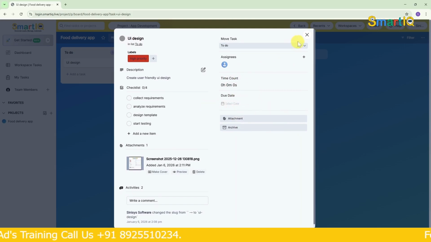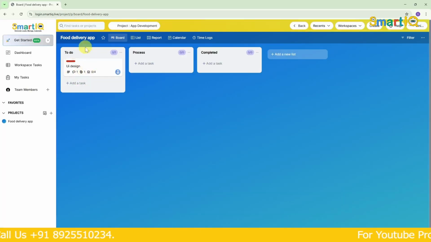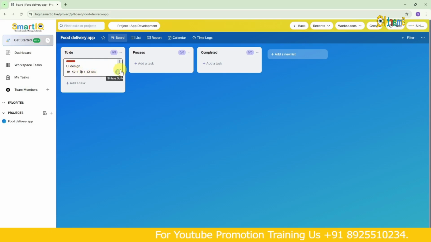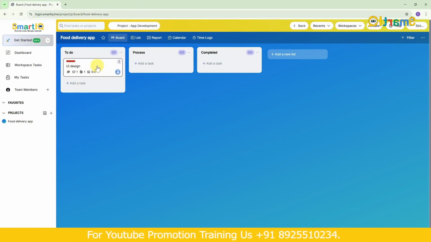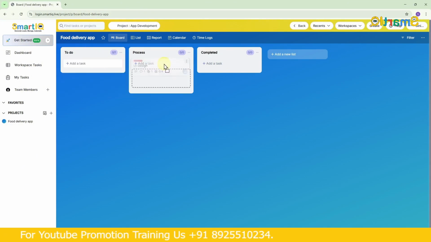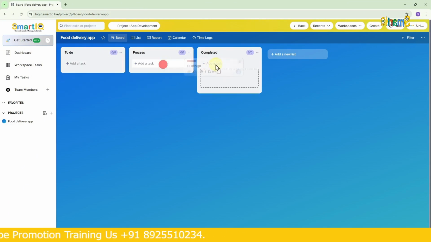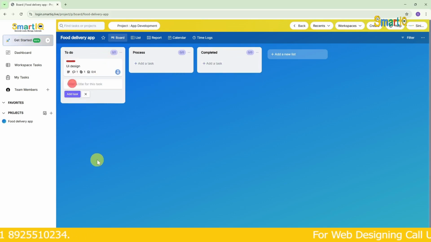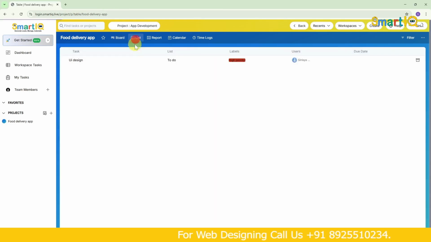So after giving all this, what I'll do is just close it. Once I close it, it shows as high priority. There's a comment and an attachment for this. There are 4 checklists. To whom has this been assigned? We can see everything here itself beforehand. Now, if this is done, I can move it to the in process column, or if needed, move it to complete. Like this, we can keep adding as many tasks as we want under this. Okay? If you see the board view or list view, this is how it will look.